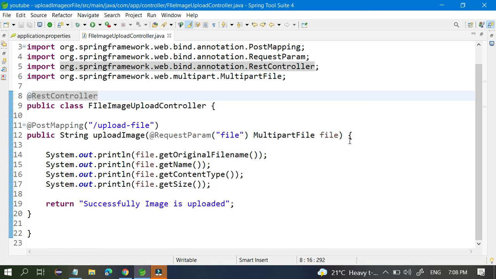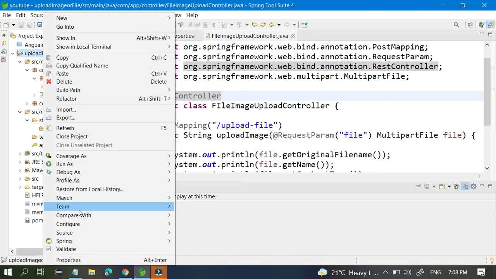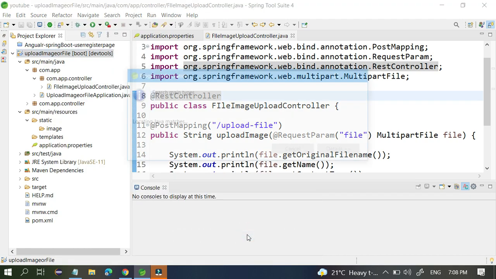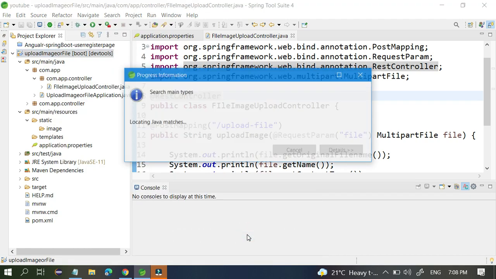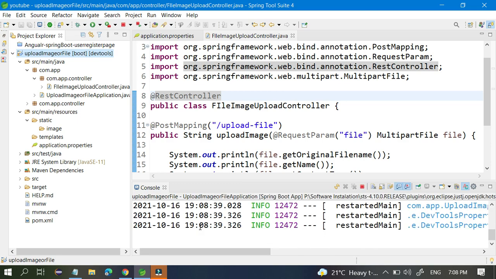I think it doesn't run like that. So click on this, go to run as Spring Boot app. If you run this, it starts running. You can see inside the console what it gave. It's saying started upload image file application successfully. So our application is running.